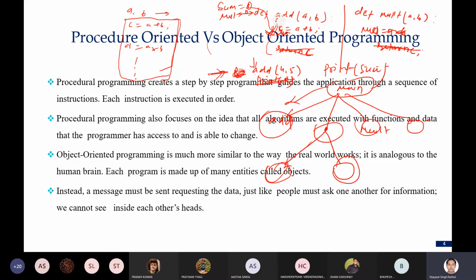If I write here global sum, in this case this sum will be created as a global variable, so you can utilize this sum variable throughout the program. Any function, either this function or any other function, can utilize this global variable inside the program.